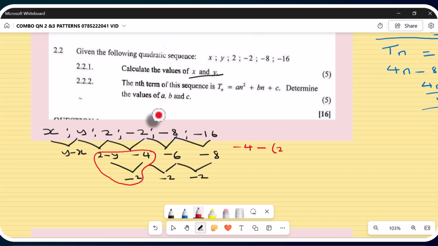So we know that 2a equals d2. Our d2 is negative 2, and then our a will be negative 1. We know also that 3a plus b